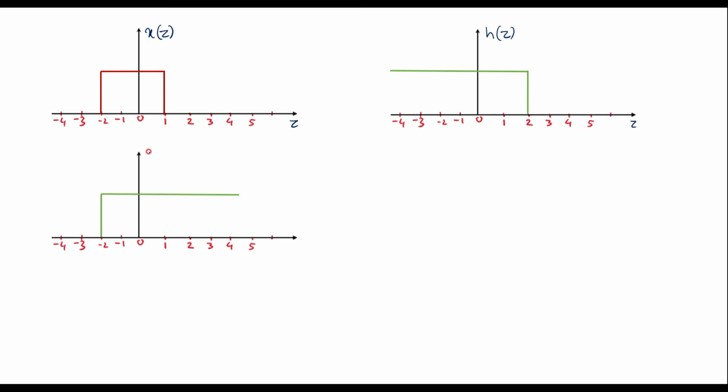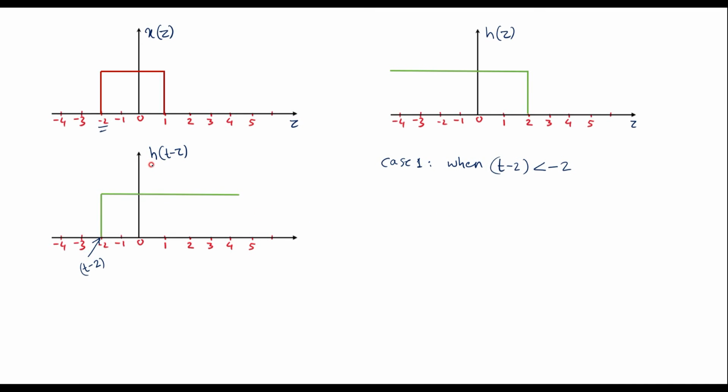Now we'll try to plot h of t minus tau. Let this be h of t minus tau, which is obtained by taking the reflection of h of tau. The reflection of this is this signal, that is h of t minus tau. Here we can observe that this point is tau equal to t minus 2. Now we'll consider case 1, that is when t minus 2, this t minus 2, is less than minus 2.